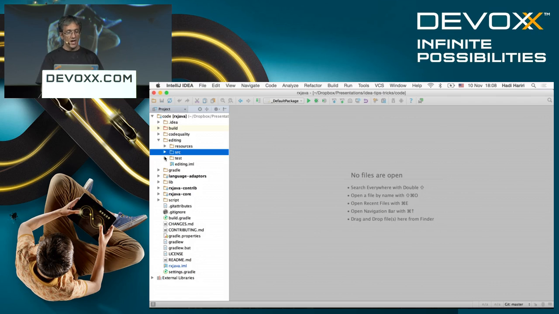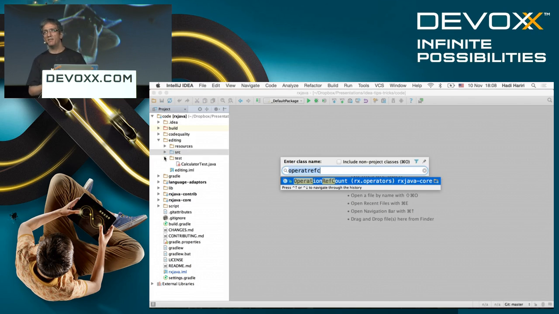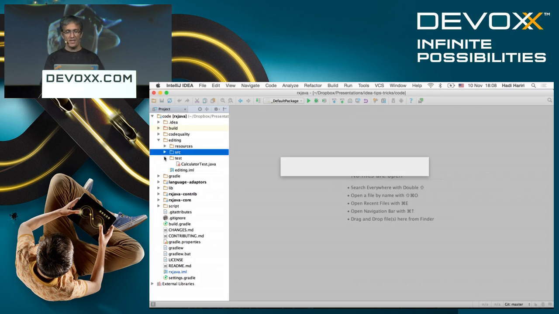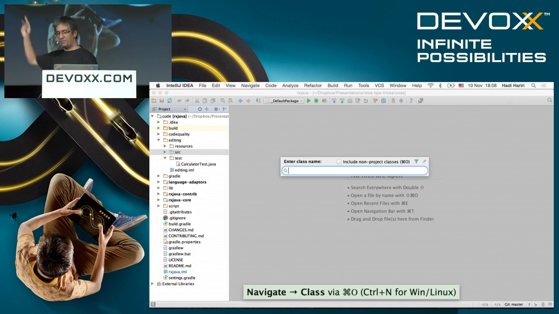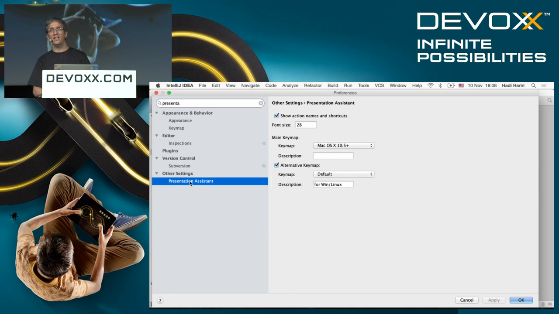Okay, so basically I'm going to go through IntelliJ and show you a bunch of things. Hopefully some of the things you'll learn you've never known existed. As I type things, you can see a little thingy comes up at the bottom of the screen. That's a plugin called Presentation Assist. It's a plugin that you can download from my repository, and what it does is broadcast on the screen the keyboard shortcuts that I am pressing. Now don't write those down. This is recorded. You can see it later on.